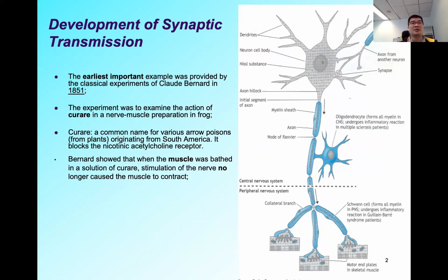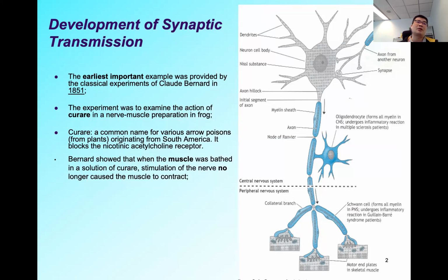You see that a lot of toxins or poisons from plants or animals are actually put to use this way. For example, if a plant can secrete this kind of toxin, then the animal will not eat it as food because it's toxic. But people use it for hunting: you can put it on an arrow and shoot it at animals, and then the animals will not be able to move. This is a chemical that blocks transmission. It blocks the nicotinic acetylcholine receptors,